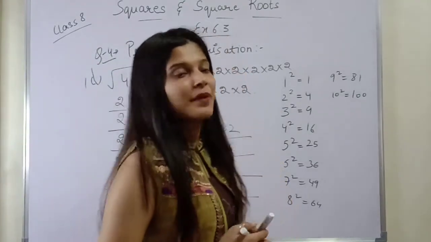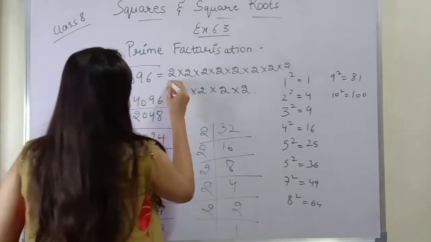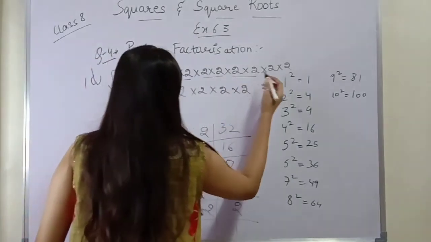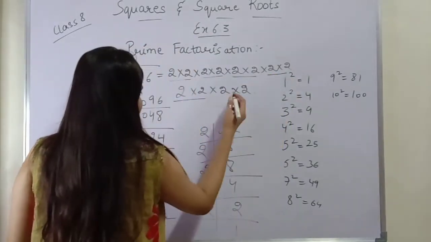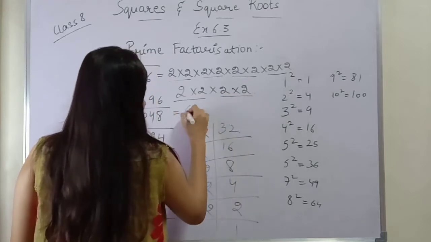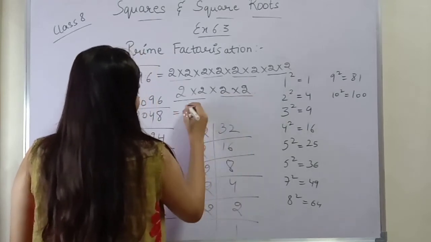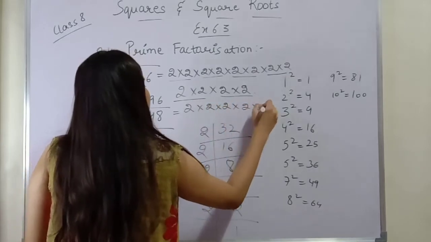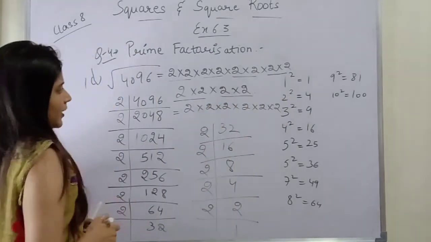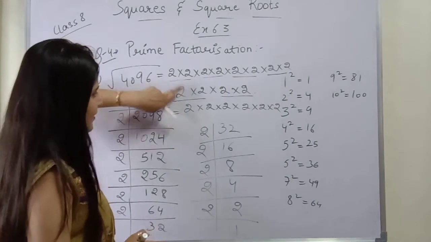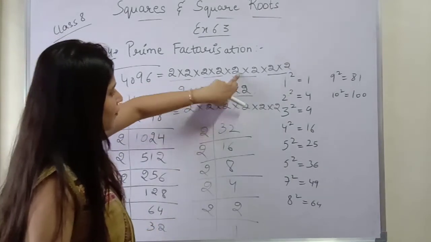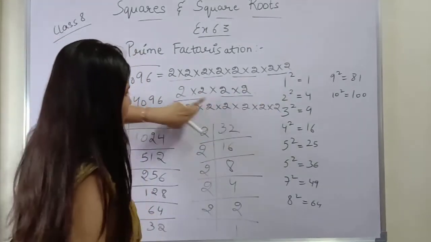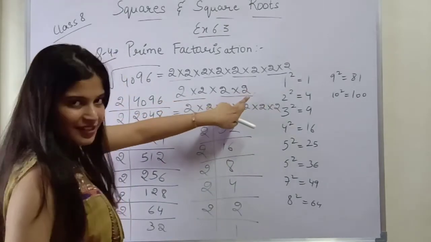Now we will do pairing. So 1 pair, 2 pair, 3 pair, 4th pair, 5th pair and 6 pairs. So 6 times 2 आएगा. ठीक है. 2 into 2 into 2 into 2 into 2 into 2. 1 2 इधर से आया. 1 from here, 1 from here, 1 from here, 1 from here and last one from this last pair.